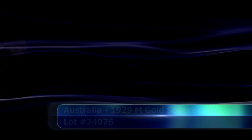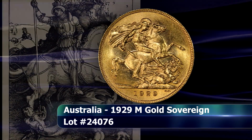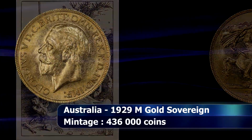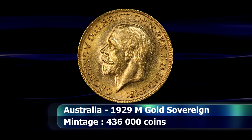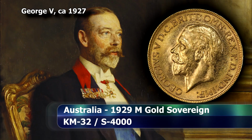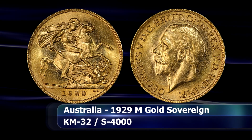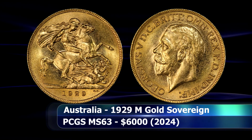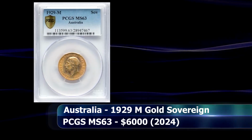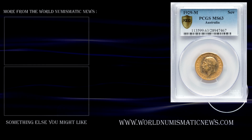$5,520. This 1929 Australian sovereign from the Melbourne Mint is not nearly as rare as, say, the 1930 or 31, but its mintage of only 436,000 coins is particularly dwarfed by the million-plus mintage figure that came from the Perth Mint annually by comparison. This example has a good amount of eye appeal with pleasingly lustrous fields, especially towards the center, almost giving it the appearance of a proof-like coin, though PCGS awarded the coin with a grade of MS63, for which it raised a closing price at auction of